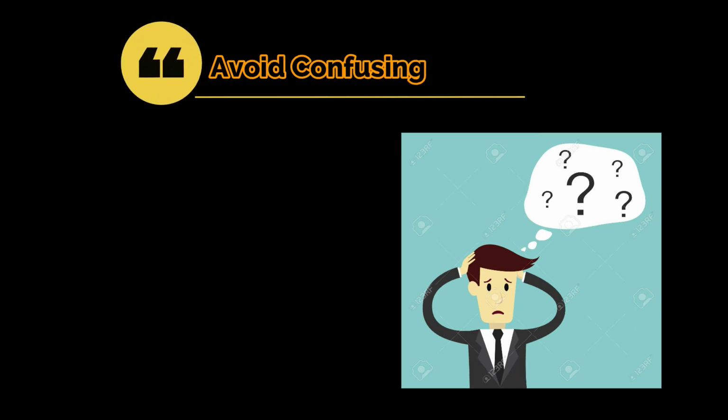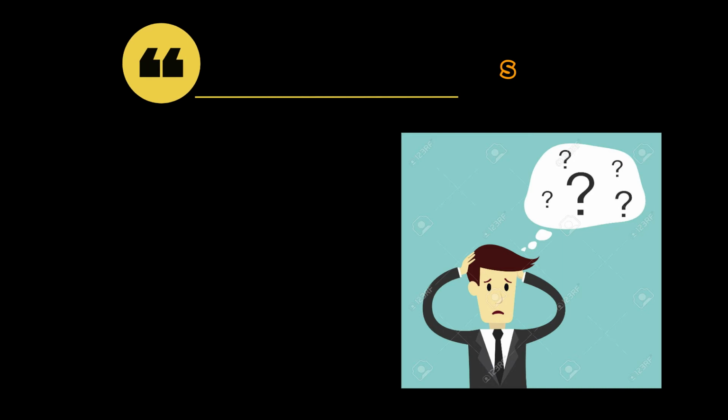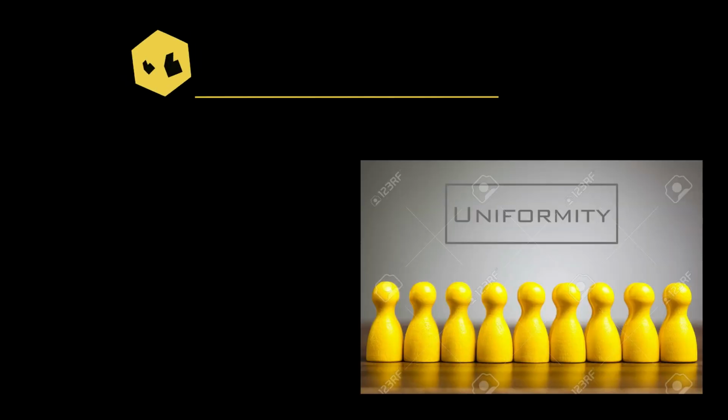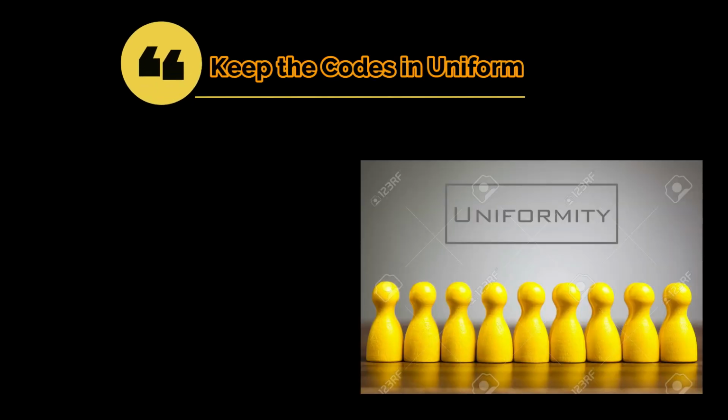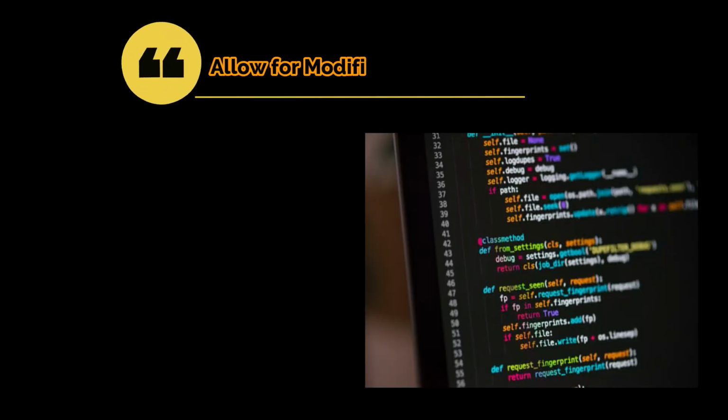Fifth, avoid confusing codes. Try to avoid using coding characters that look or sound alike. Sixth, keep the codes uniform. To be effective and efficient for humans, codes need to follow readily perceived forms most of the time. Seventh, allow for modification of codes. The analyst must keep in mind that the system will evolve over time, and the coding system should be able